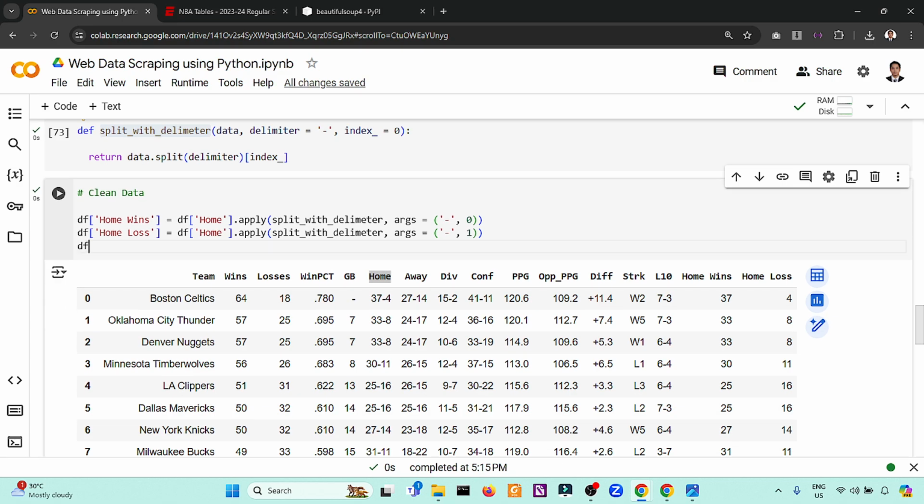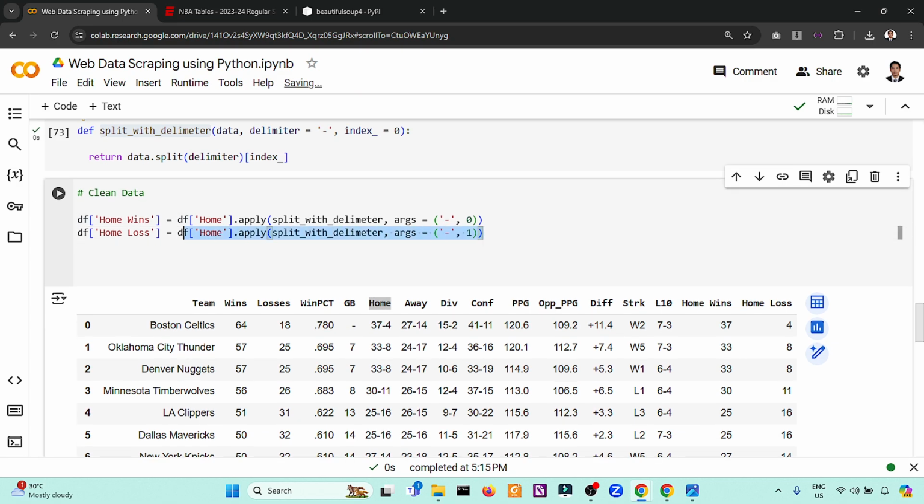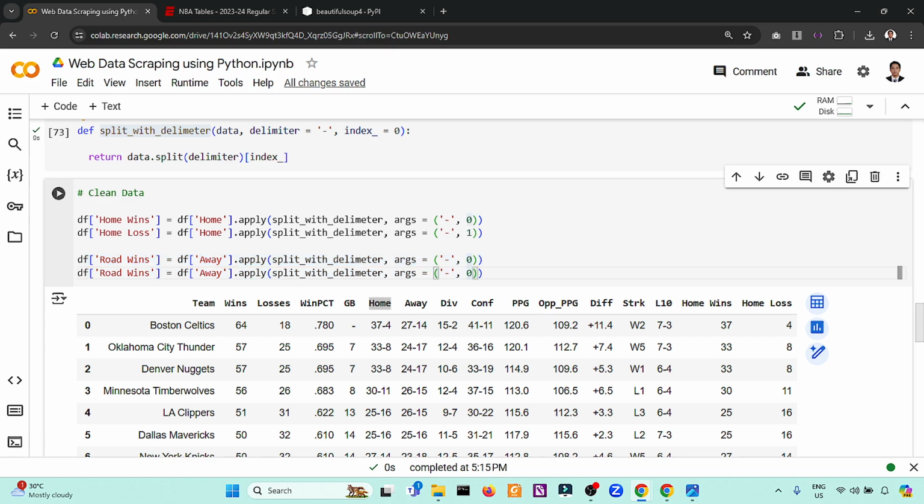So we will do this again multiple times. So let's copy this one. How about road wins, which is from away. So this one is 0. So let me copy this one. So road wins away, but index 1.